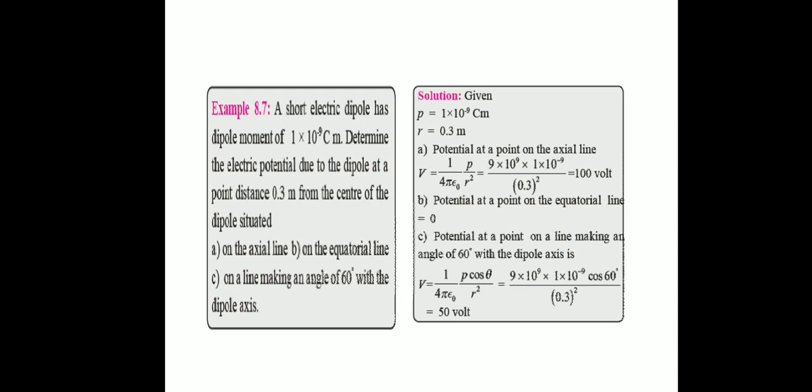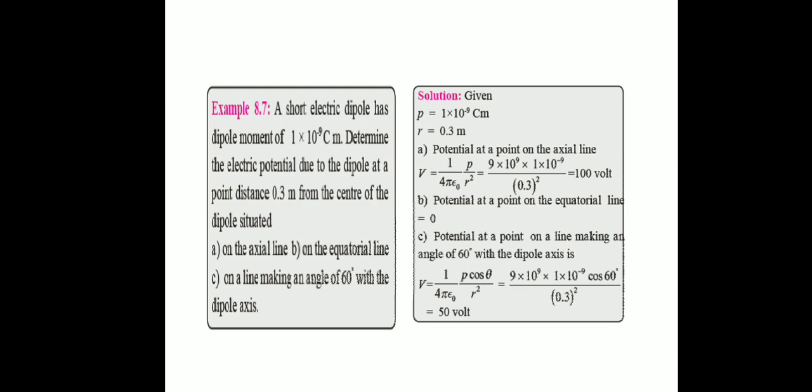Now let us calculate potential on the equatorial line. Whenever the point is present on the equatorial line, that line always makes an angle of 90 degrees with the axial line. So theta is 90 degrees, cos 90 is always 0. So if you put the value of cos 90 in the RHS side of the potential formula, you will get V